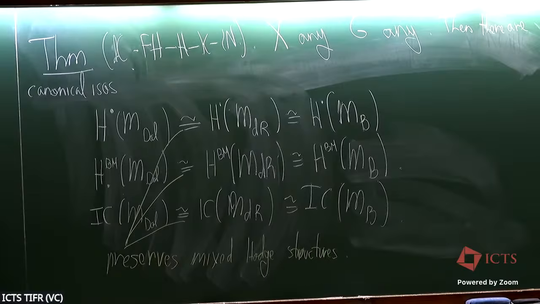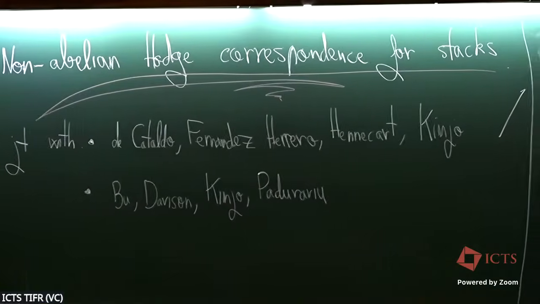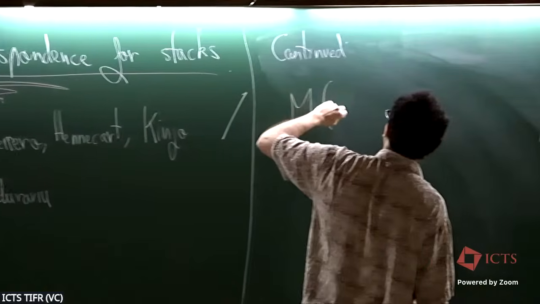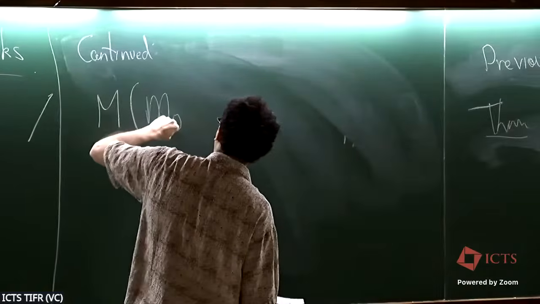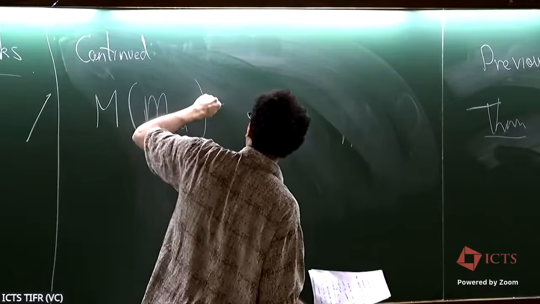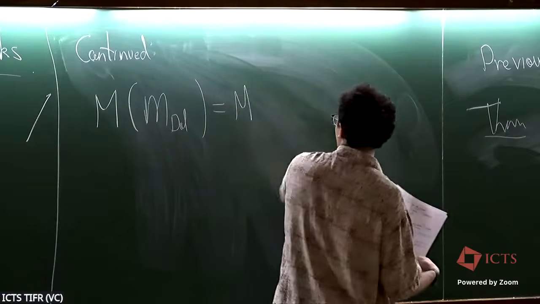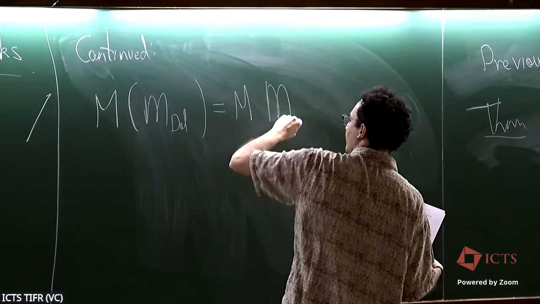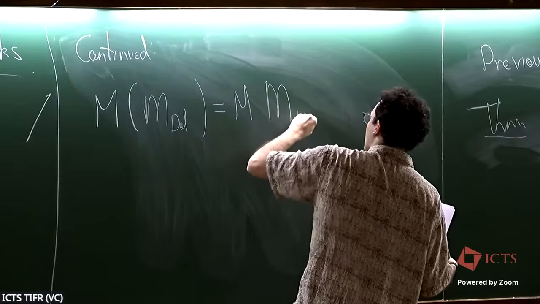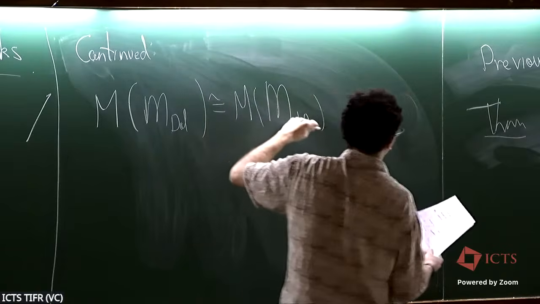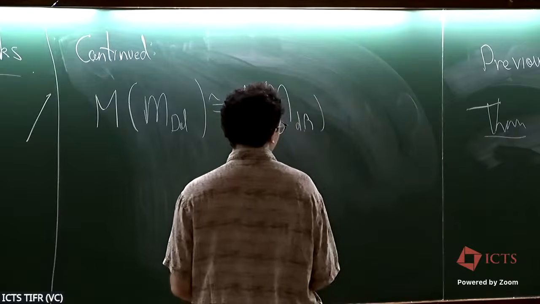And if we talk about motives of stacks, then we find that the motive of the Dolbeault stack and the motive of the de Rham stack are canonically isomorphic. So these are